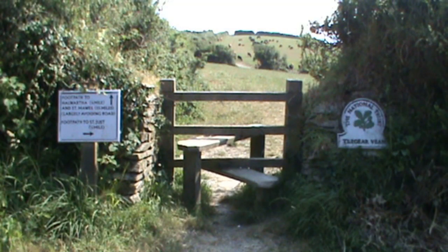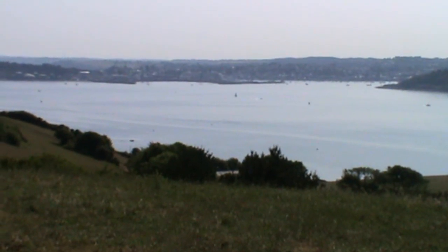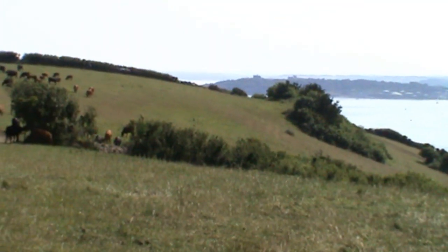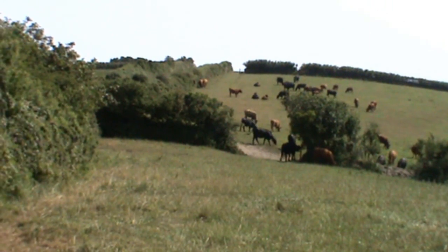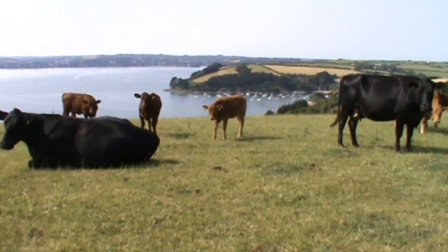So just before the road we turn right. National Trust sign says Tregavan, and this avoids the road. As you step over the stile, there's your view on the right hand side. And we're just heading forward now. You can hear the cars on the road. When we walk through